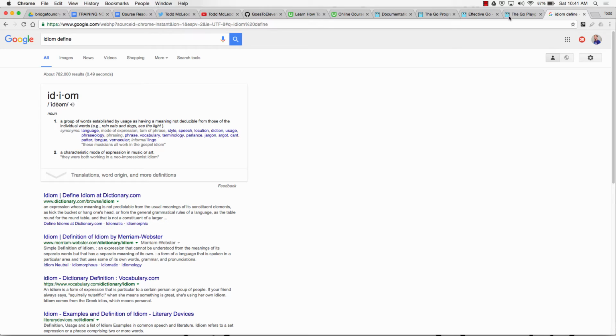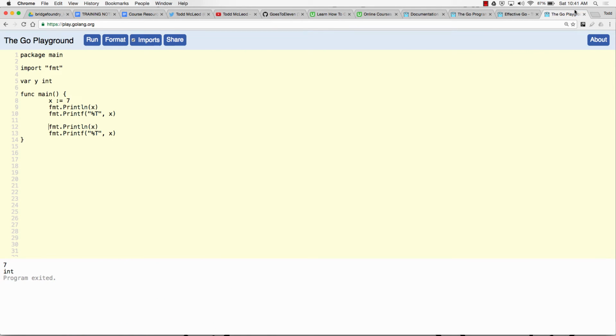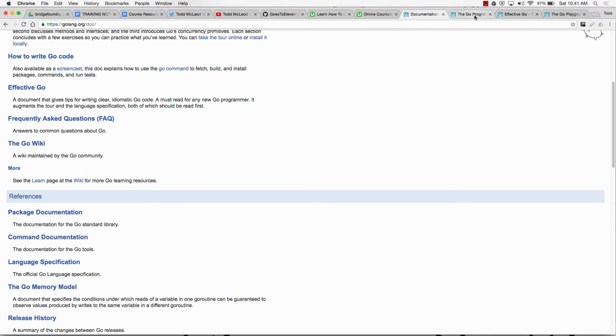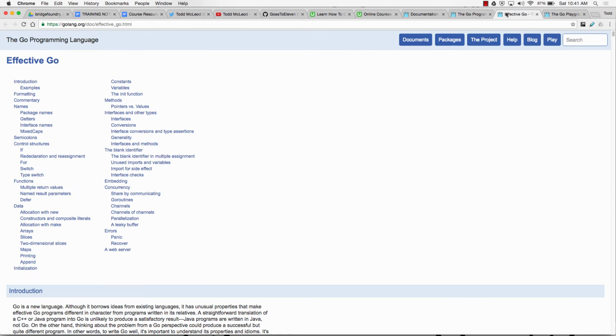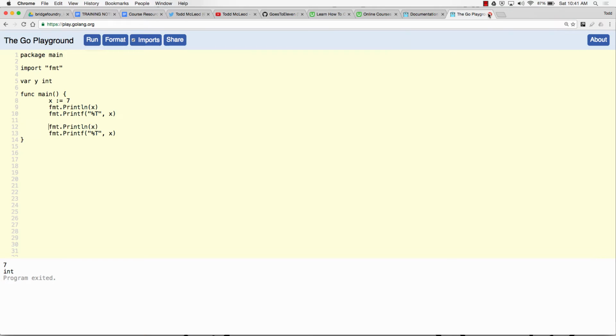So it's basically, what are these idioms for talking about this language? When we write Go code, that's the way Go code should be written. It's idiomatic. This is the way we write code in this language. So that's idiomatic Go. So the Golang spec and Effective Go is where you go to learn about the language